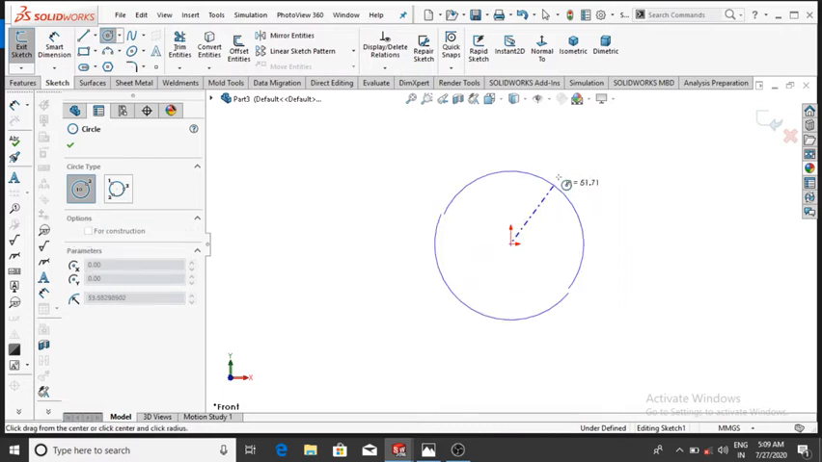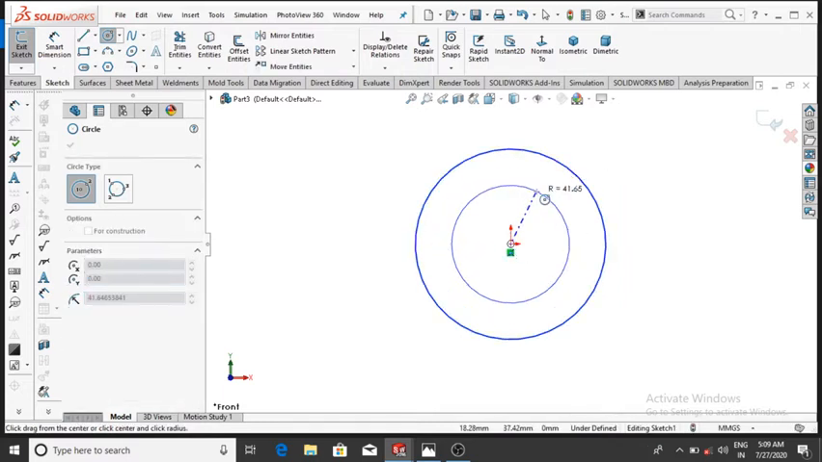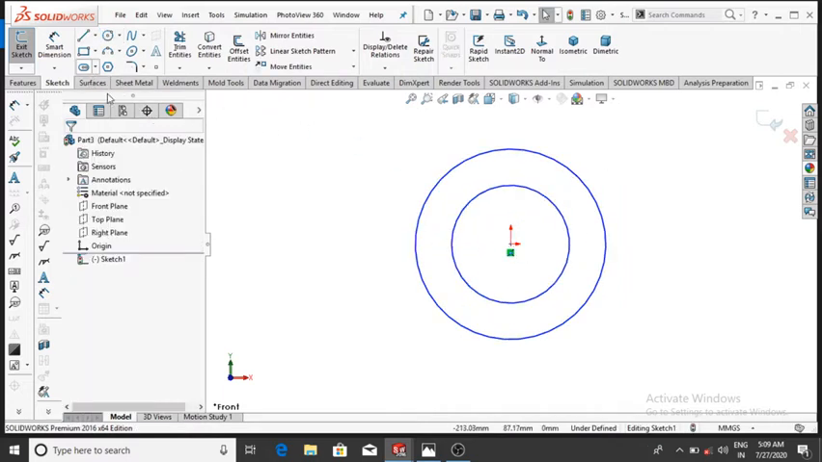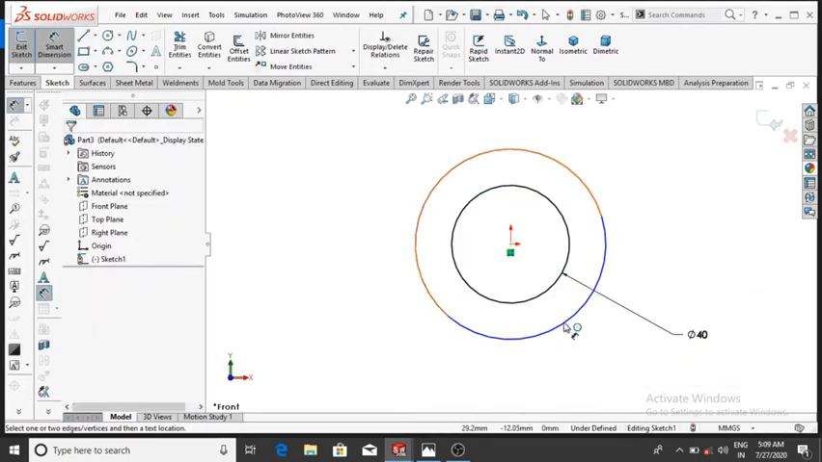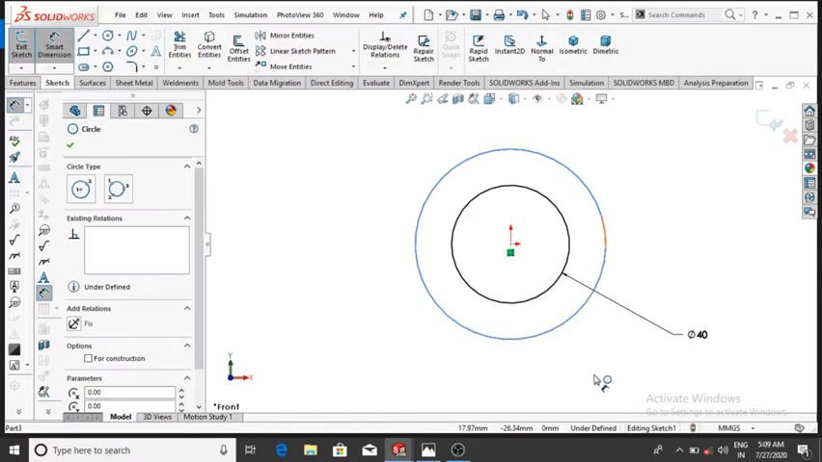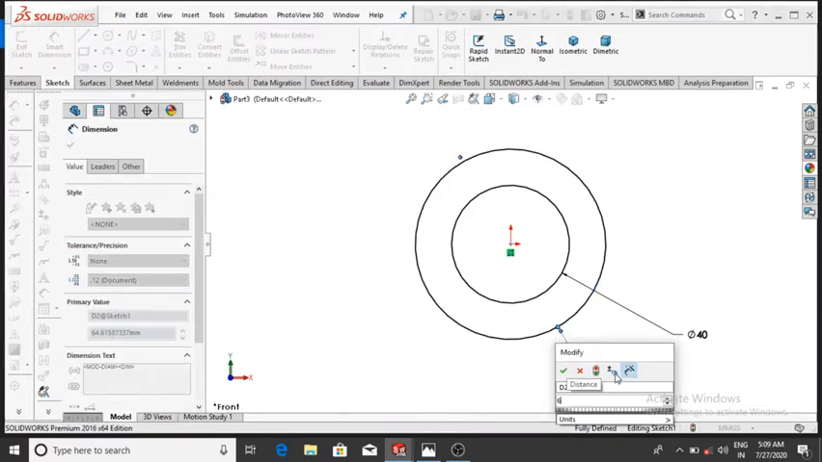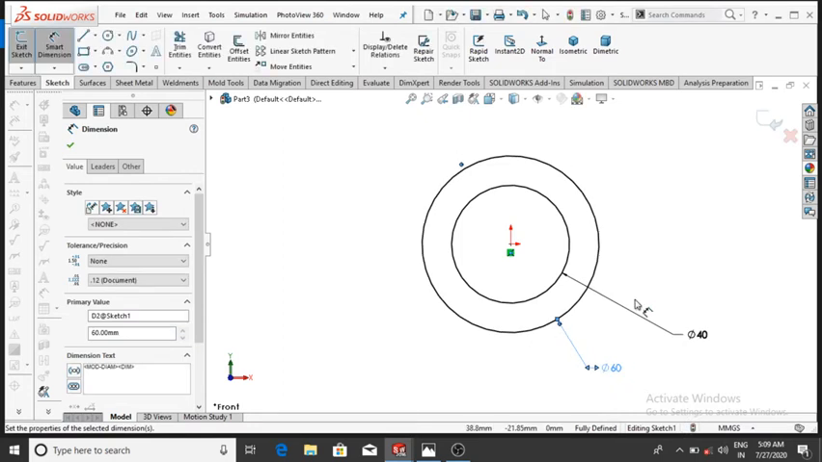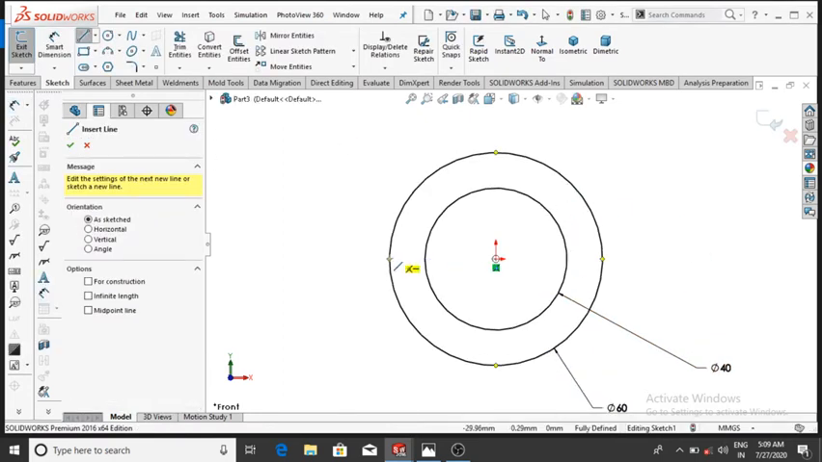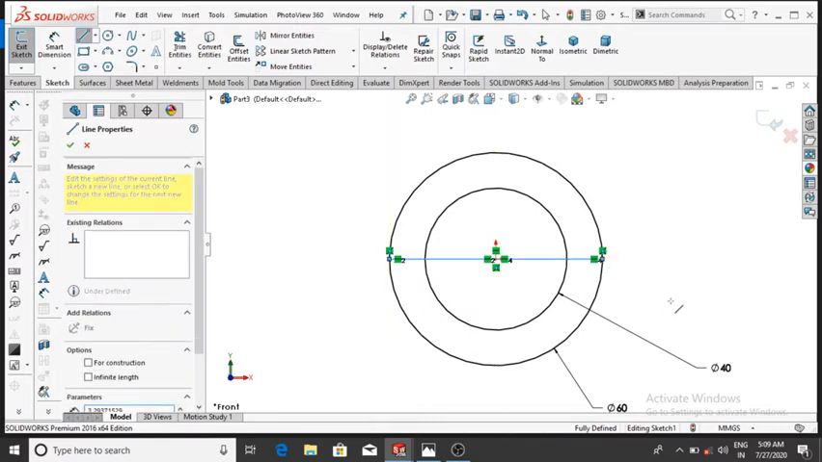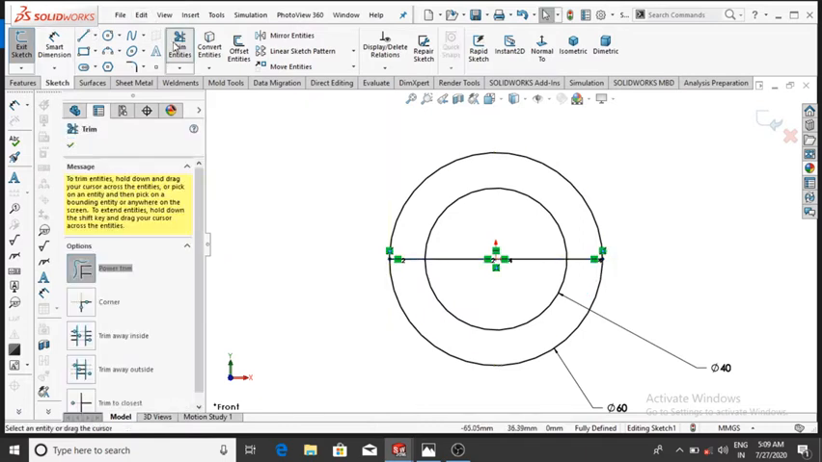Now from this point and go to the smart dimension. The first circle will be 40 mm. So click, then OK, and the outer circle will be 60 mm, then OK, and make the line from end point to circle, and make the trim to this part of